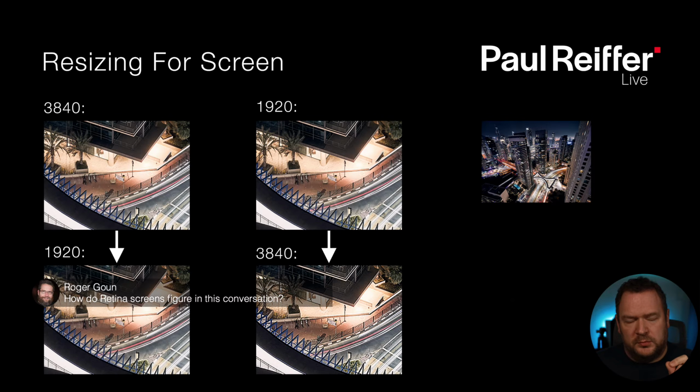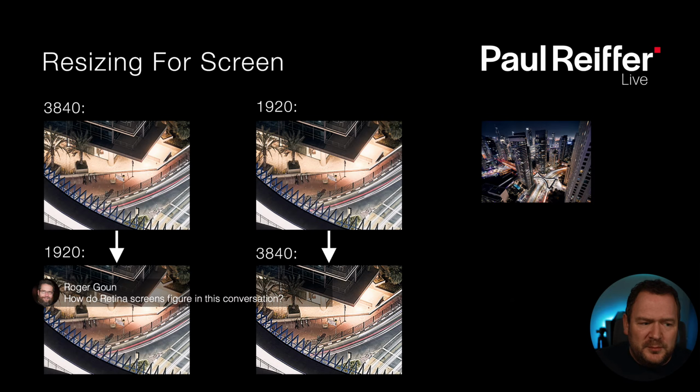Because of that, it was able to take much higher resolution images and squash them down. So for example, if you had a full HD screen that's 1920 by 1080, a Retina version of it could be a 3840 screen with tinier pixels, so you can't make them out. Therefore it's squashing 4 times the number of pixels into the space of 1, which means you get the perception of a sharper image. Well, you are getting a sharper image, but it's basically all compressed so you don't see pixels. So Retina is not necessarily about resolution as such, it's about the fact that the pixel size is so small that you don't see the pixels. So it's nice and crisp and nice and sharp.